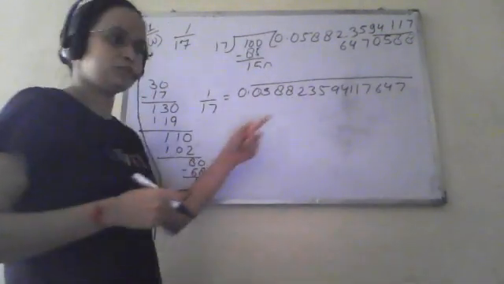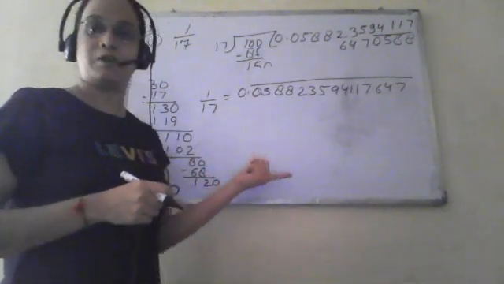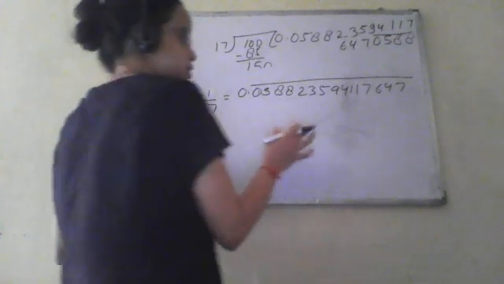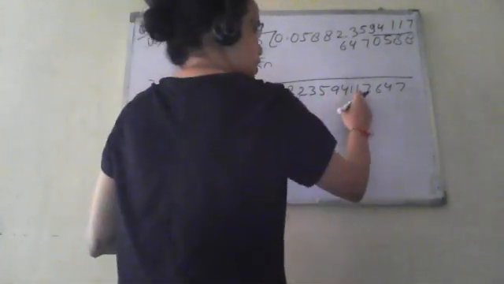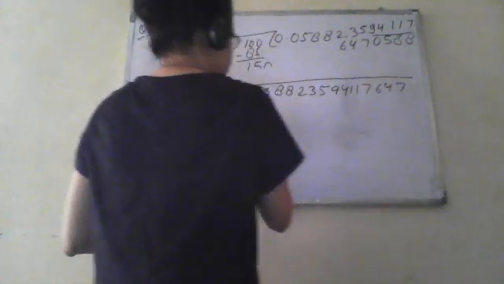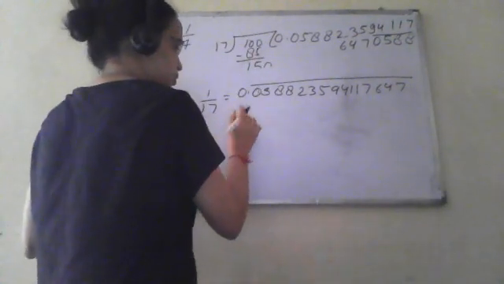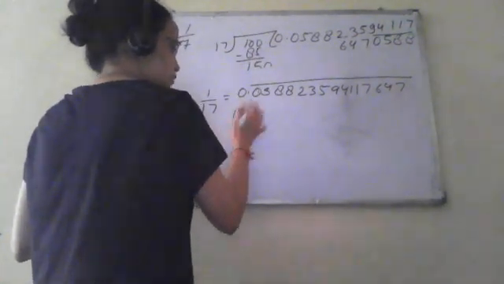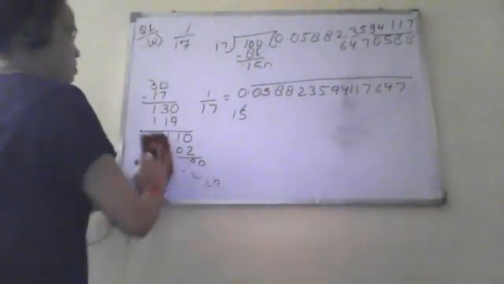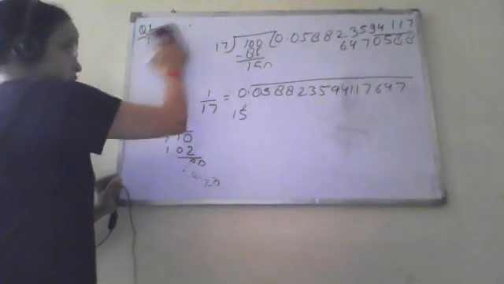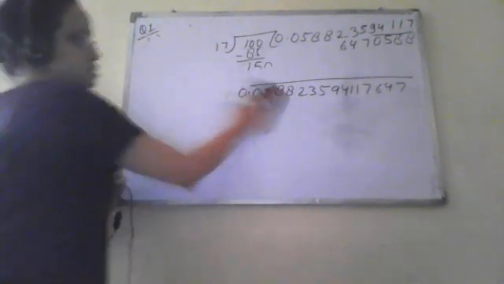Okay. So the length of the period, as I explained, is the number of repeating digits. This is 1, 2, 3, 4, 5, 6, 7, 8, 10, 11, 12, 13, 14, 15. So it is 15. After 15 digits it is repeating. So you have to check after how many steps this is repeating. So I hope this is clear. It is a bit longer, but still you have to check whether it is repeating at some point of time or not.